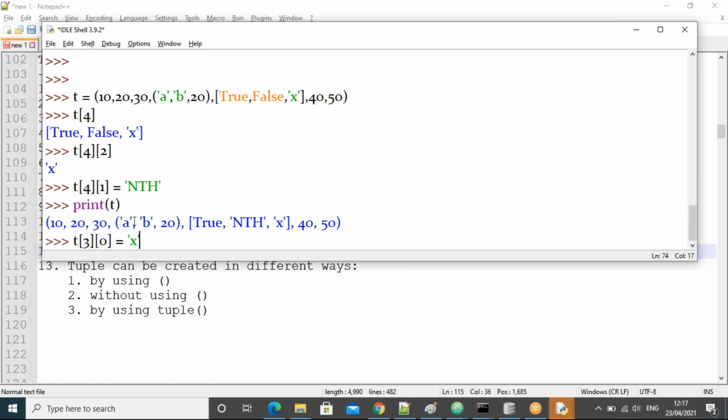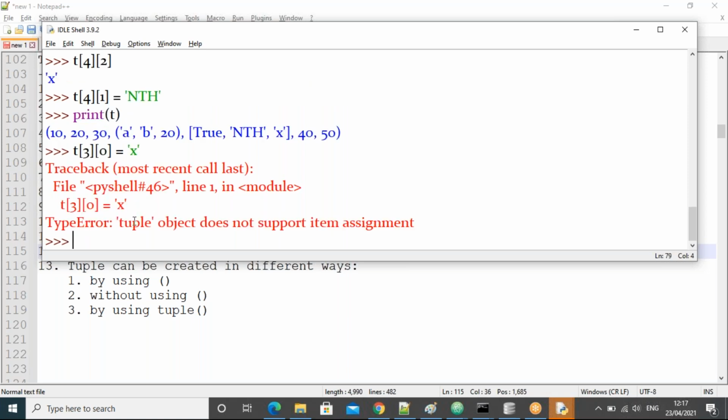Is it possible? See, not possible. Why not possible? I am working with 3 0, which means A. Where is the A? A is part of the tuple, guys, and in the tuple you can't perform item assignment or item deletion. We can't perform.